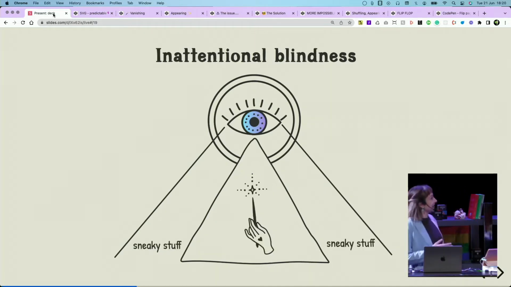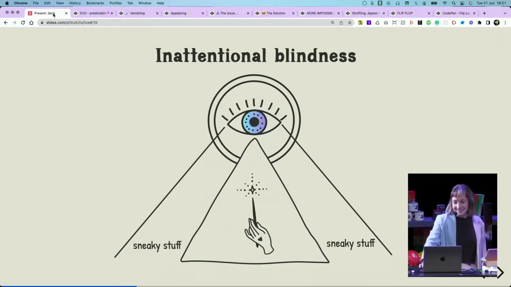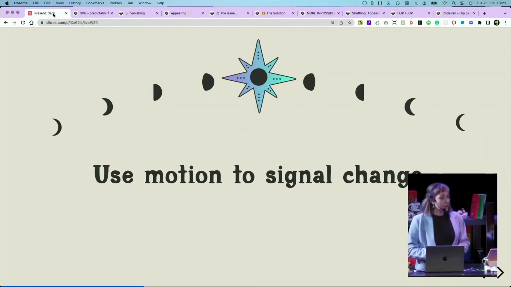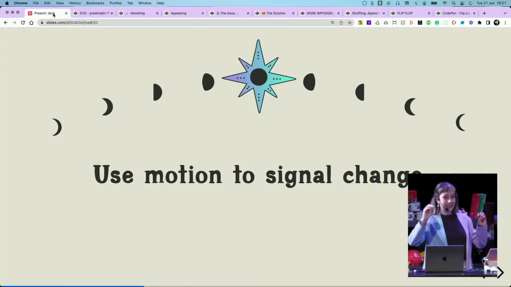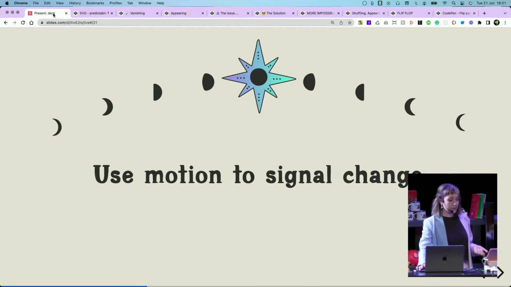And magicians take advantage of this to do like sneaky magic stuff in our blind spots while our attention's elsewhere. But this brain quirk can also lead to frustration with interfaces for users. So if something unexpected gets added outside of the user's focus, it can often be missed.